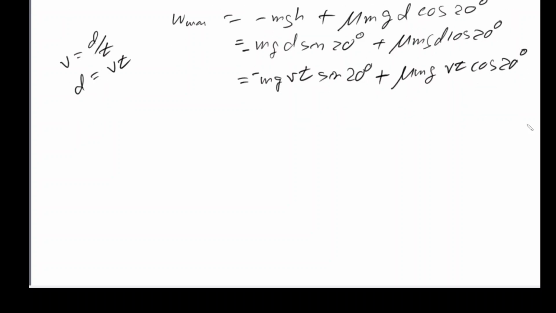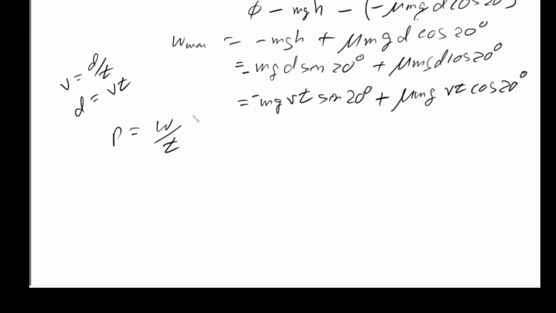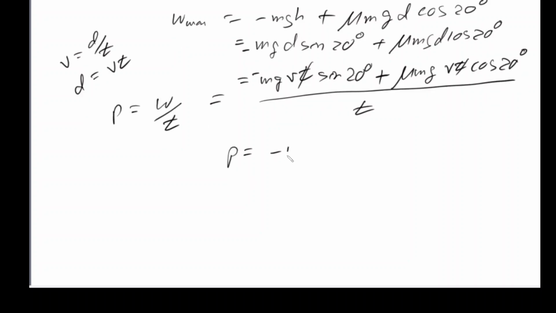Okay, now power is equal to the work done over time. We've seen that before. So that would be equal to this whole equation divided by time. So we can cancel this out and we end up with power equal to minus mgv sine 20 plus mu mg v cosine 20 degrees,